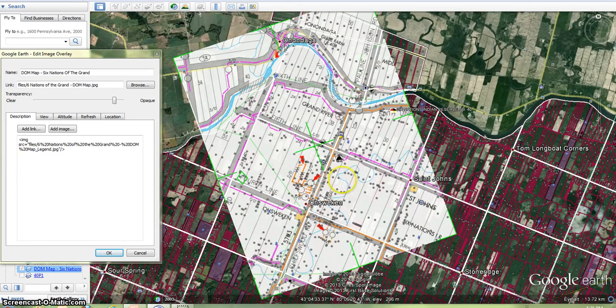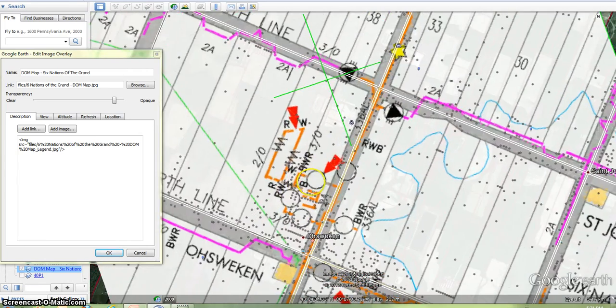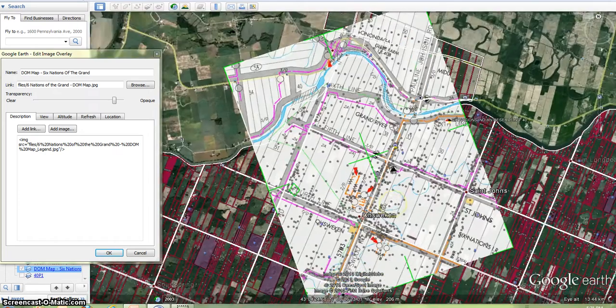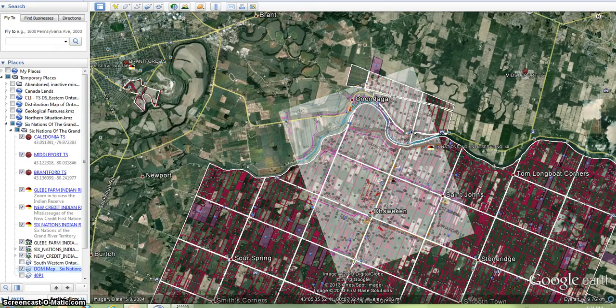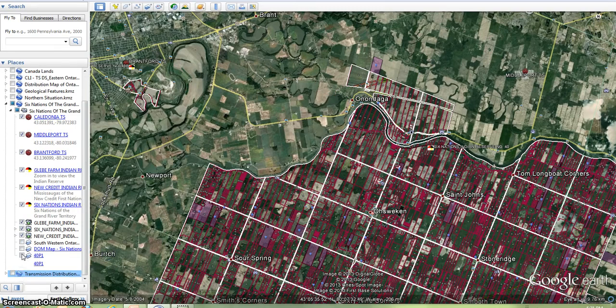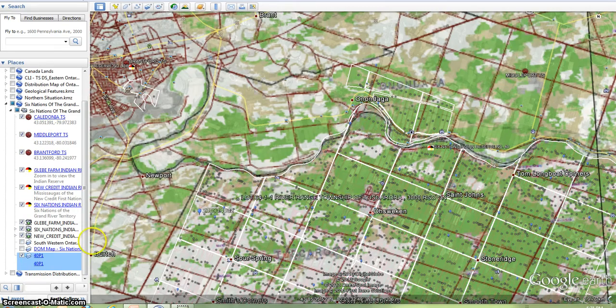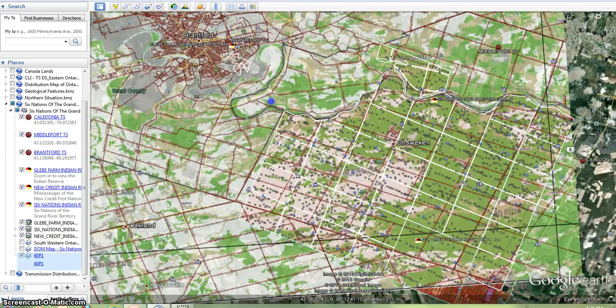Aside from just showing us how the power lines are laid out, a DOM map also demarks other types of infrastructure in the area that are pertinent to connecting a renewable energy project to the local power system. For example, these red arrows here are known as open points. Now maybe we can turn that off. I'm going to enable the Canada Land Index overlay, again showing how the various soils in the